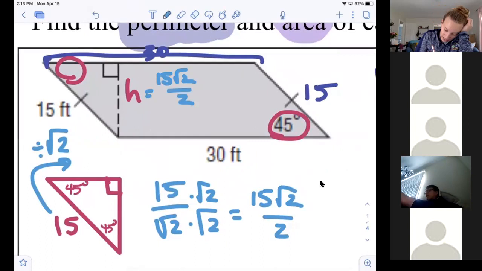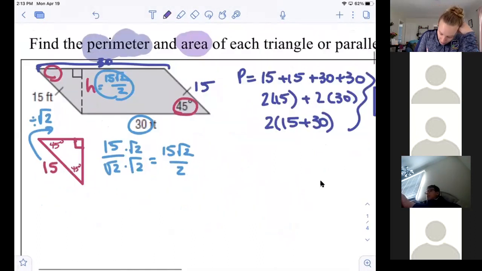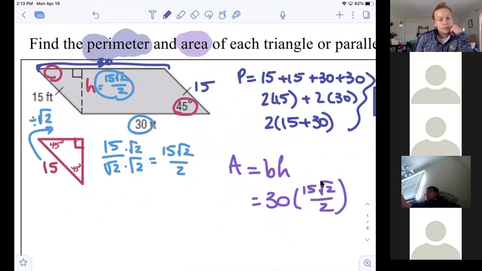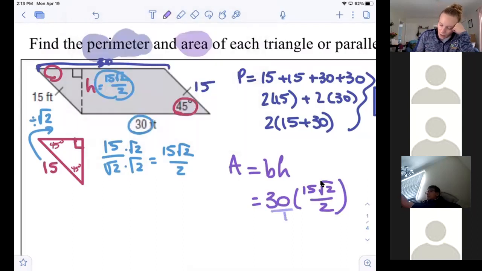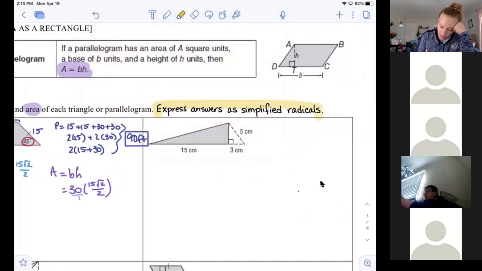Now I have height and I have my base, so I'm going to do my area. We know for a parallelogram, it's base times height. So I have to do 30 times 15 root 2 over 2. Now, my directions say express answer as a simplified radical. It doesn't say anything about decimals. I'm going to try and do it as a fraction first, and then I'll let it be a decimal, but